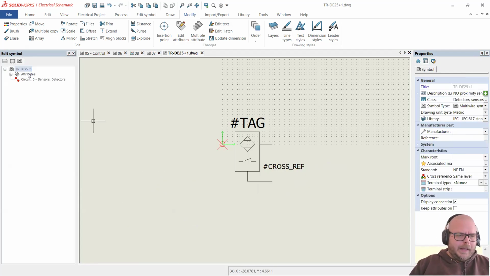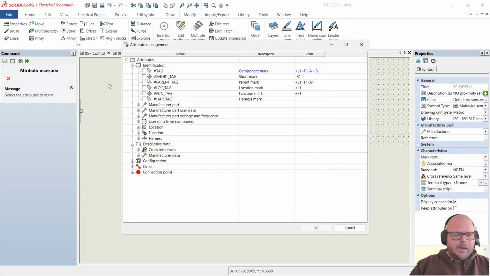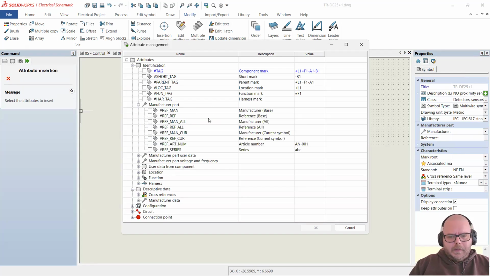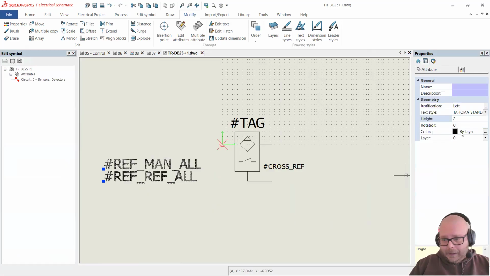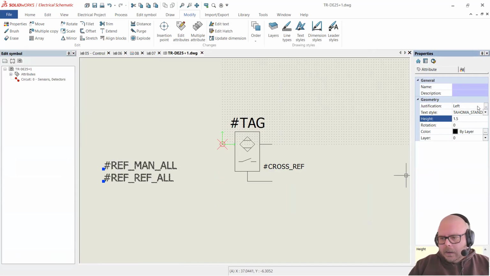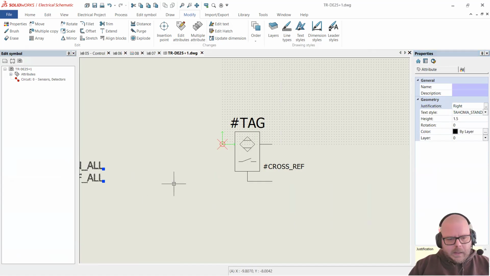And then I'm going to go to my attributes, insert, and add the attributes that I want, which are going to be manufacturer, part number. And I'm going to select all. So that's the manufacturer. This is the part number. Okay, and that really should be good enough. I shouldn't need anything else. I am going to shrink them both a little, not as much as the cross-reference. Align them the other way, and tuck them right up next to the